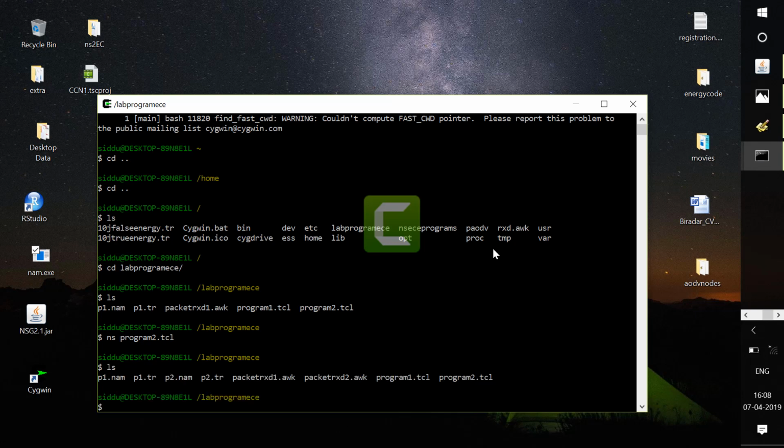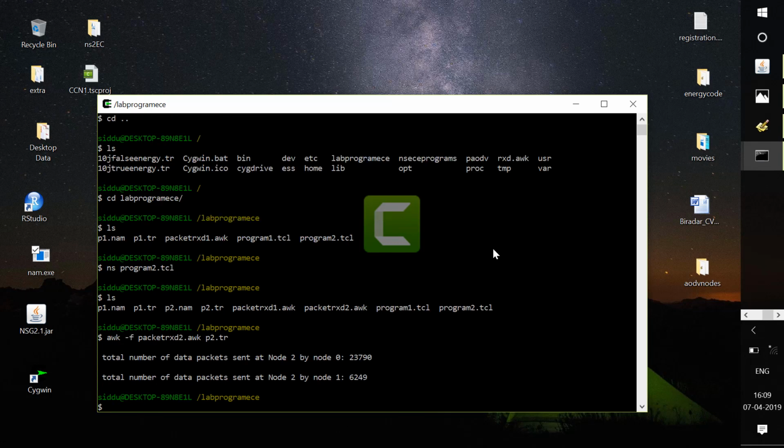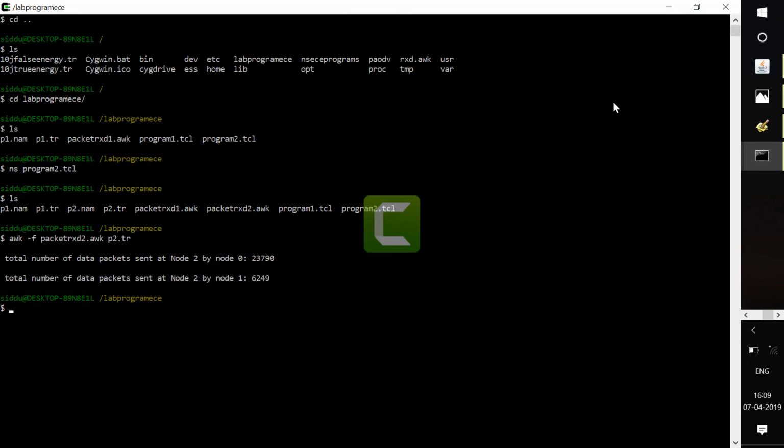One minute, check. awk -f packet2.awk p2. So this shows the number of packets that are sent.